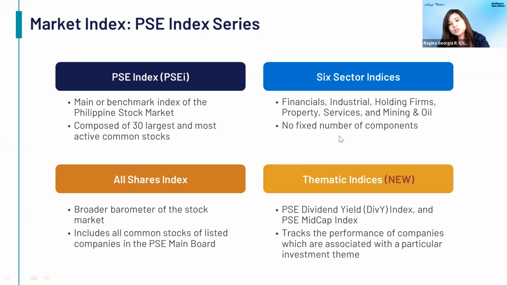Last March 28, we launched 2 new thematic indices. So what is a thematic index? It's an index that tracks the performance of a group of companies that is tied to a specific investment theme. It usually captures companies across multiple sectors. Themes may include popular trading strategies such as dividend investing or investing based on environmental, social, and governance or ESG scores, as well as it may be tied with religion such as Sharia indices and many others.